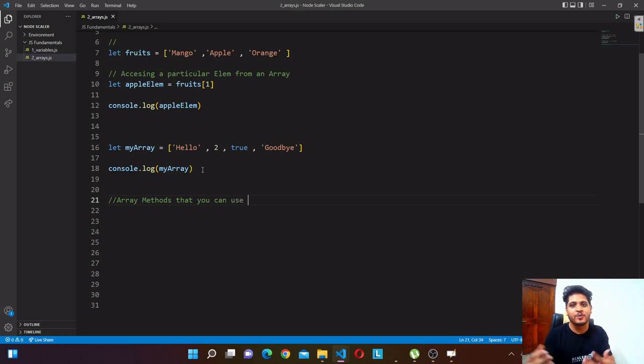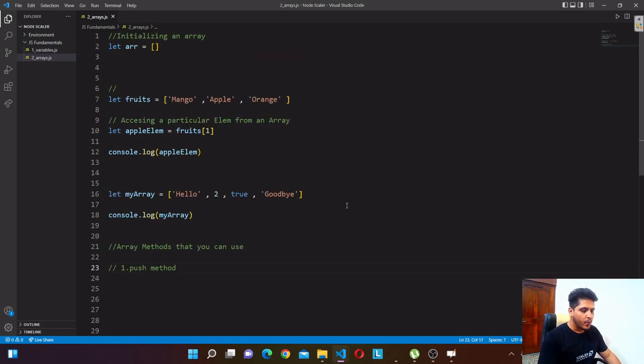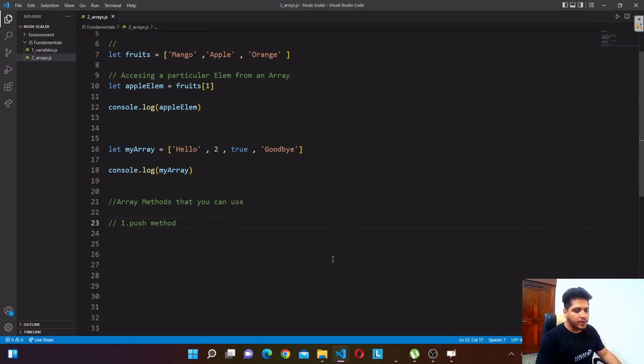Basically, these are array methods that you can use to manipulate your array, to play around with your array, right? So the first method that I will be discussing is the push method. So if you want to add an element in your array,